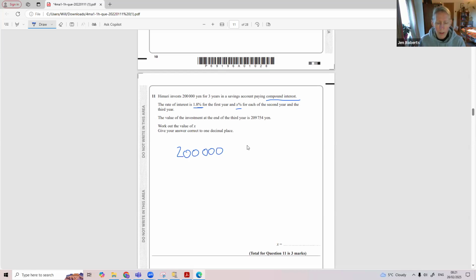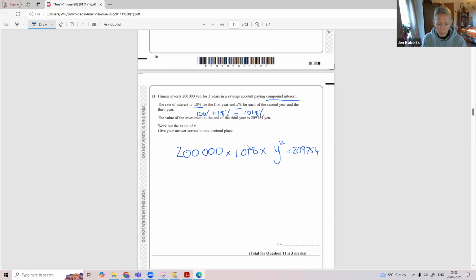Right, what's your multiplier for an increase of 1.8%? Well, what's 100% plus 1.8%? It's 101.8%. Divide it by 100 is 1.018. That's for your first year. We do not know the interest rate for the second year because we want it as a multiplier. I'm just going to put y for the minute. And it'd be y squared because it's for the second and the third year. So we've got your first year, second year, third year. But we know it gives us an answer of